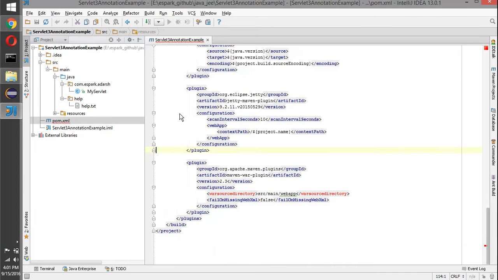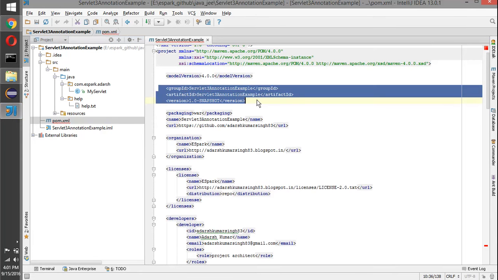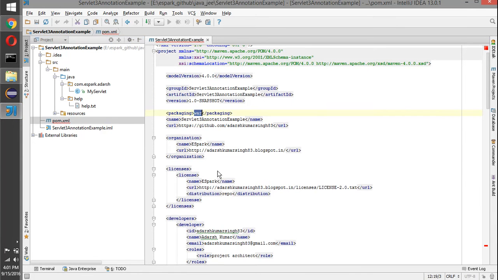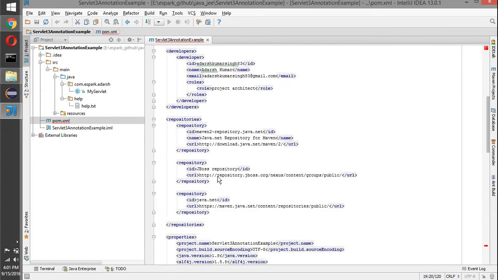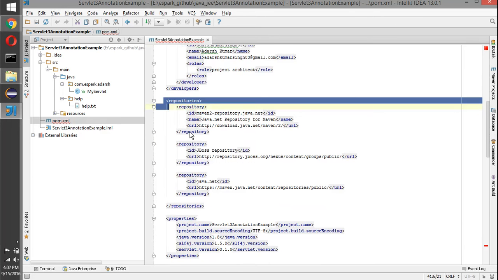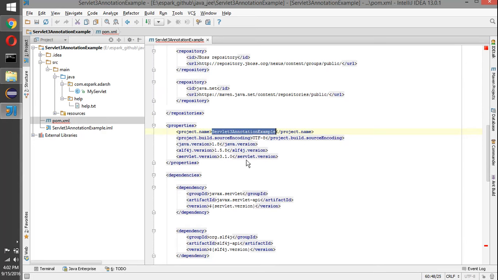So this is a Maven application. This is our pom.xml where we have group ID, artifact ID, version. Then, it's a web application, so packaging is a war file, application name, URL, organization tag, license tag, developer tag, then a bunch of repositories configured here. Then we have properties. Inside the properties we have project name, source code encoding, JDK version, SLF4J version, and